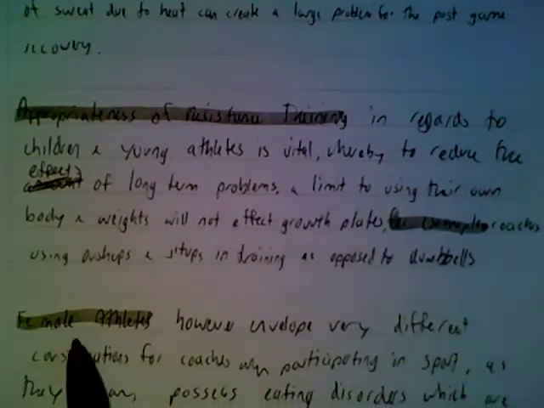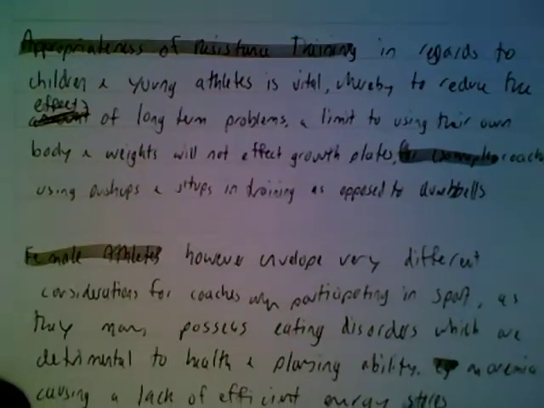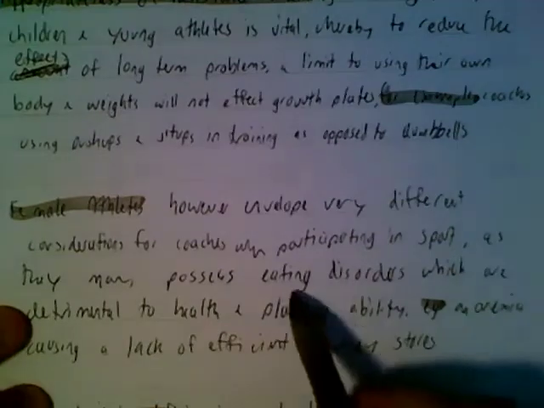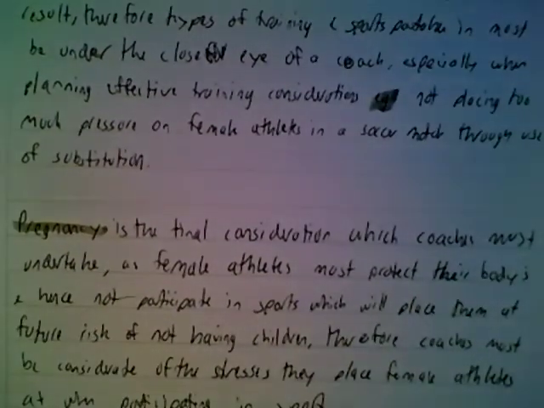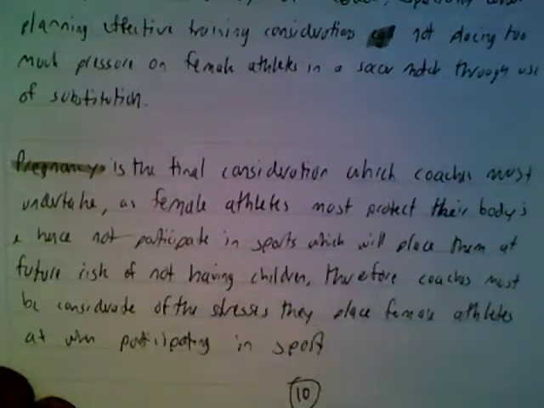Example for thermoregulation included. We then move on to the female athletes, which was the first group of dot points which we were given. Okay? Talks about some of the different things they might possess, eating disorders. And it gives some examples of how that could impact on it. We then look at iron deficiency, again, straight from the syllabus. Okay? Bone density and also pregnancy. So they're the four parts for the female athlete need to be included. Examples were given for both.